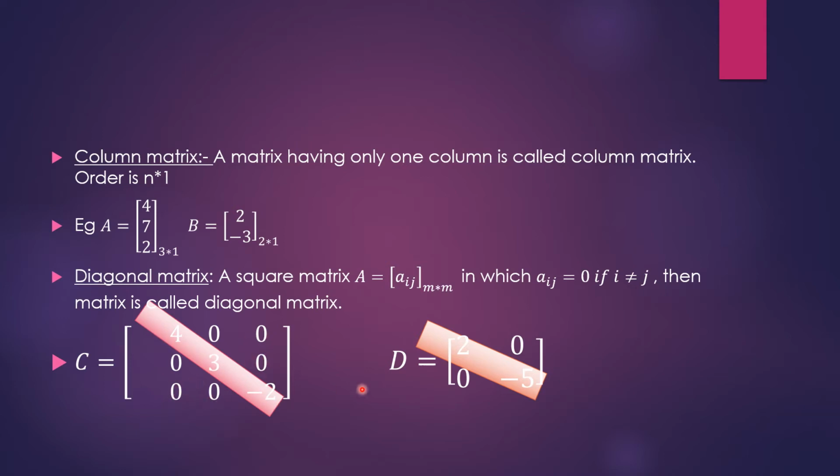This is for 3 by 3. Let us take the same example for 2 by 2. So there are only these 2 diagonal elements, rest all has to be 0. Diagonal is unidirectional, it is only this direction, it cannot be this direction. Because diagonal elements means the row number and column number must be the same. So this is the only diagonal which we have in 3 by 3. This is the only diagonal which we have in 2 by 2. Rest all elements must be 0.